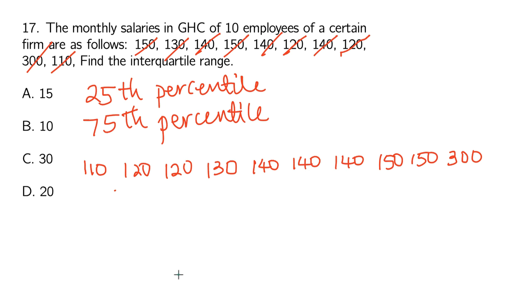Now we have to find the interquartile range. We have to find the 25th percentile, or the lower quartile, and then the upper quartile. This is actually the upper quartile, this is the lower quartile. This is like the bottom 25% of your data, and this is the top 25% of your data. Now if you have 10 items and you want to find where the top 25% are and where the bottom 25% are, maybe we should start with